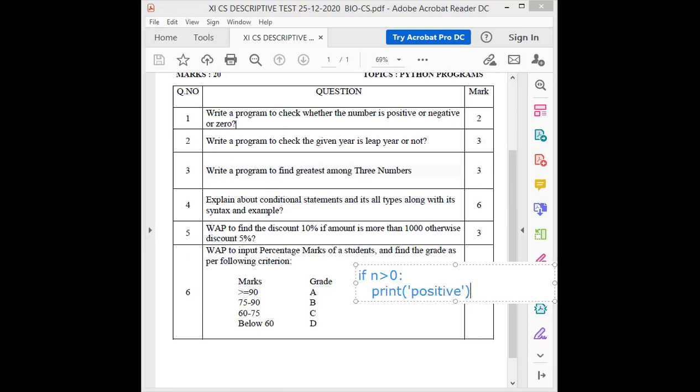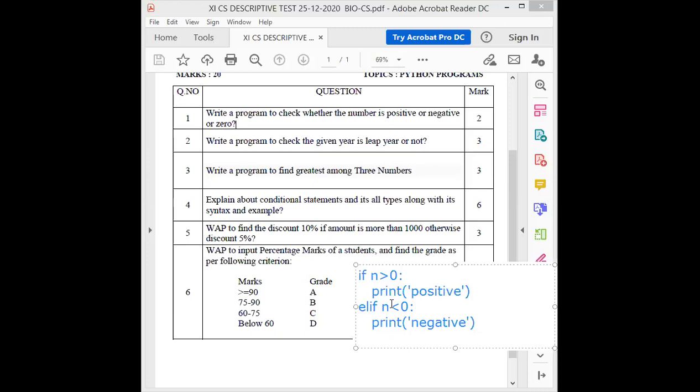Students, I need interaction from everyone. Yes, sir. Okay, so the next condition: if the above condition n greater than 0 is not satisfied, we will check n less than 0. If this one is satisfied, definitely that number will be negative. Students, right or not? Yes, sir. So if both the conditions are not satisfied,